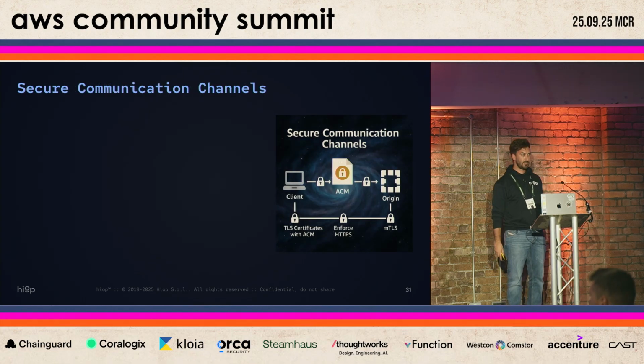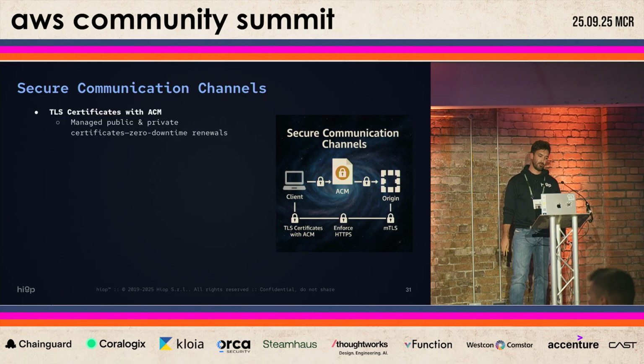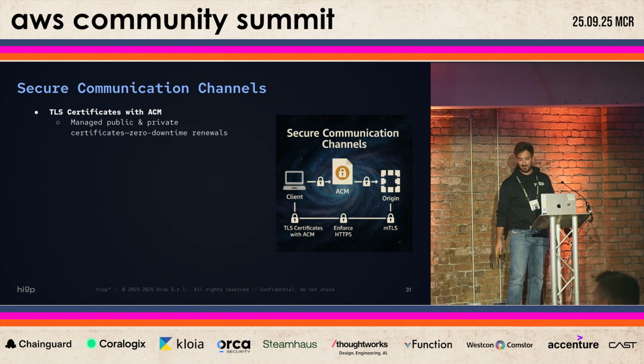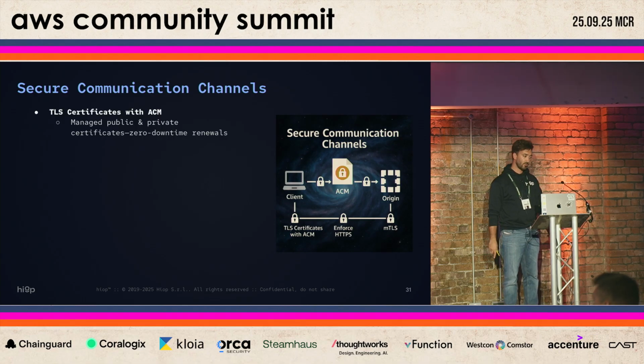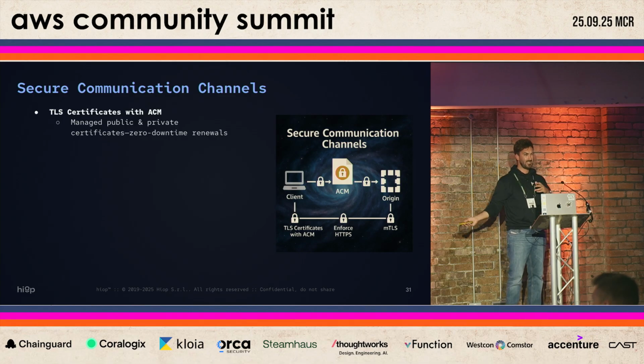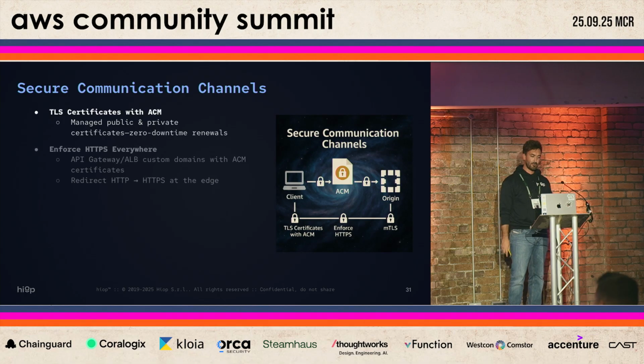Some other security best practice is to always use TLS certificates with AWS Certificate Manager. That is super useful and it's free, basically. I don't think that Amazon charges for the creation of the certificate. Before, it was just inside the AWS world, the AWS cloud, but now you can also download the certificates and use them in your own network. So it's very powerful now.